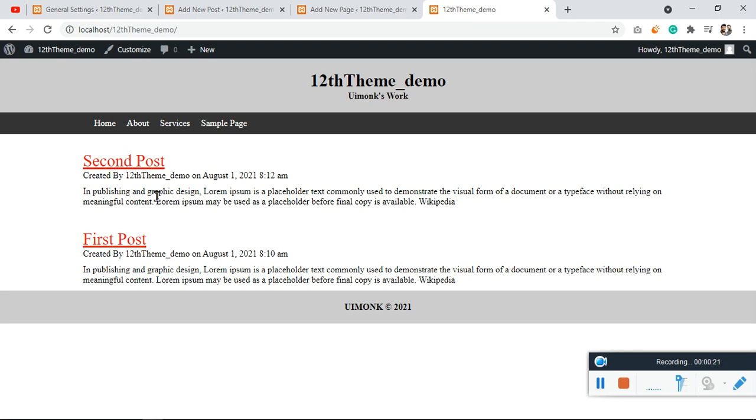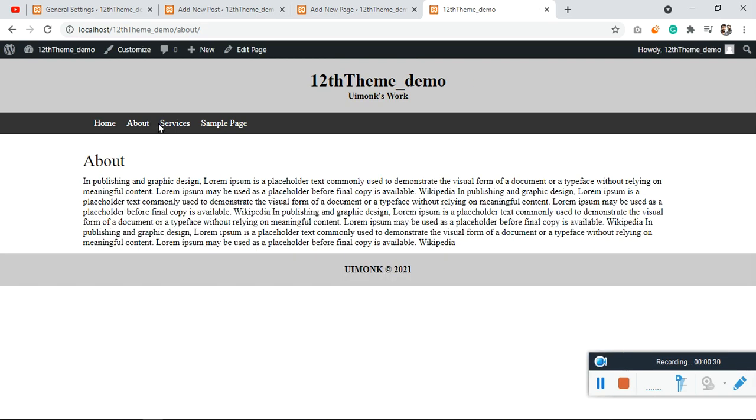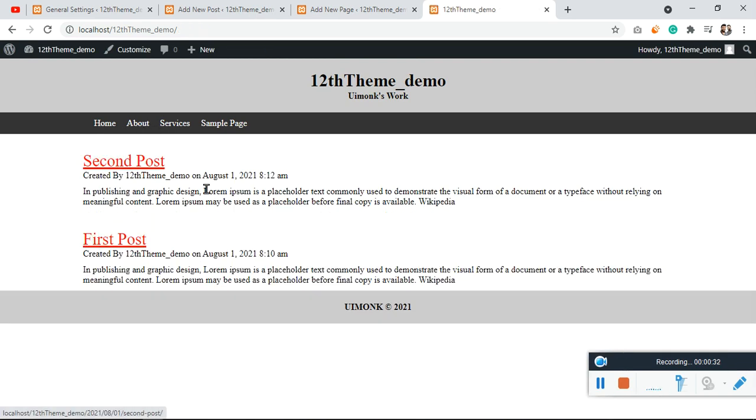Just to give you an example, if I add a post, before that, this is dynamic. You can see the posts, these are the pages. On the index page, on the home page, all the posts are available, and these are the subsequent pages. So there are two types of pages in WordPress, the posts and the pages. Now you got the difference.